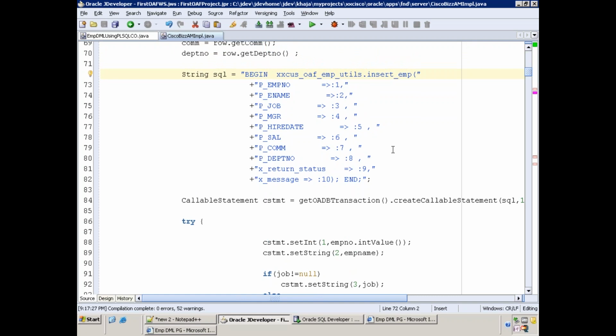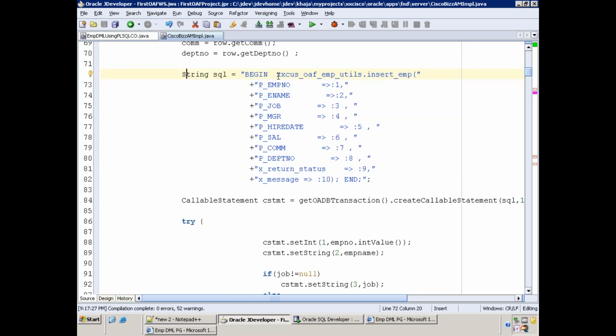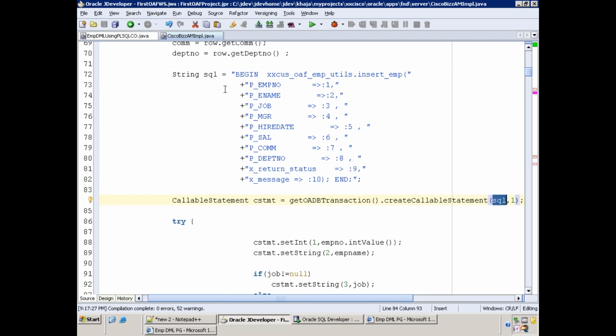Can you explain on callable statement onwards? So here the first thing is you have to mention your SQL statement with this begin and end logic with your API name and parameter names as well as bind sequence. And after that, there is a Java API called callable statement. In this callable statement, you have to pass your SQL statement, like when you call dynamic SQL, you prepare your SQL statement and pass it at runtime. In the same way, in the callable statement API, you pass your SQL statement, which will have the PL SQL logic, nothing but which API you want to call. That API information should be available in your SQL string.